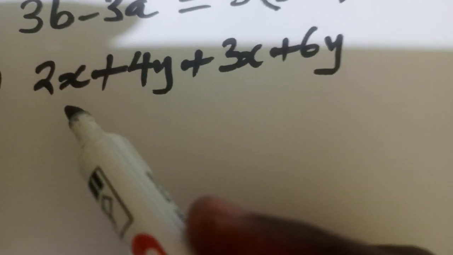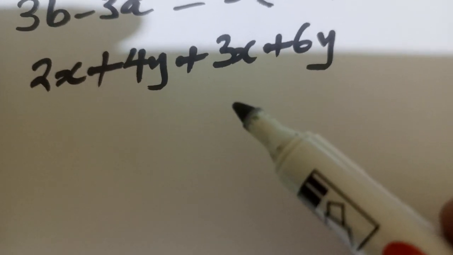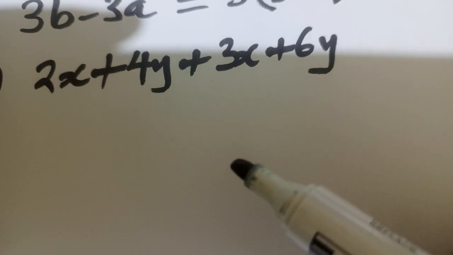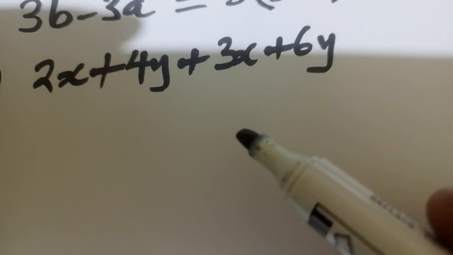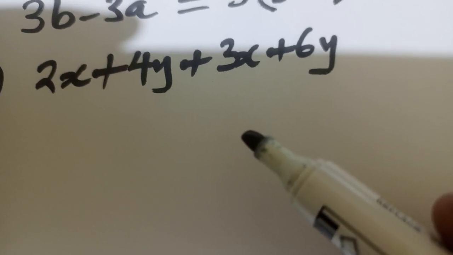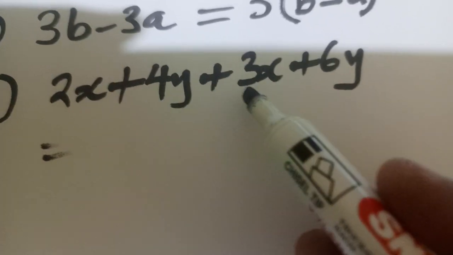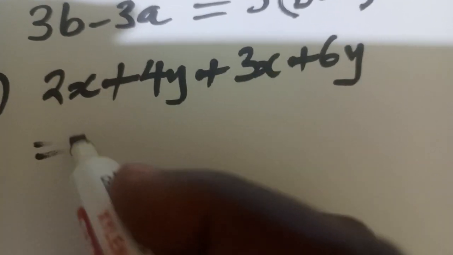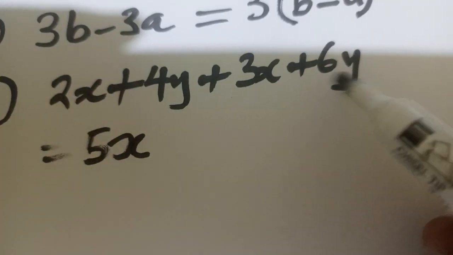So in such a case, when there is no common factor and you have more than 1 or 2 or 3 terms like we do here, the next thing that you need to do is check if they are like terms, and then bring them together, and then after that you could probably find common factors and proceed to factorize. So like in this case, we can see we have 2x and we have 3x. Those are like terms, so we can bring them together. So 2x plus 3x gives you 5x, and we have 4y and 6y because they have